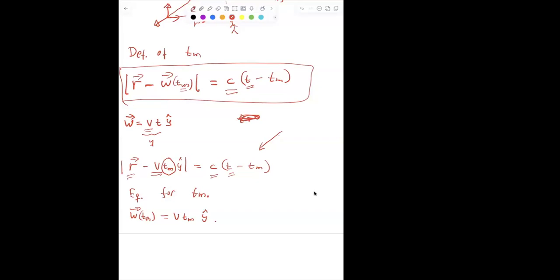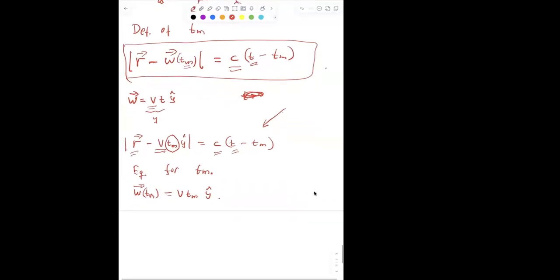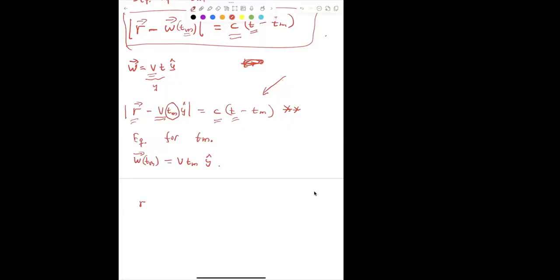Notice also that this equation, if I square it, then I have (R minus V Tm y) dot (R minus V Tm y) equals c squared (T minus Tm) squared. This is quadratic